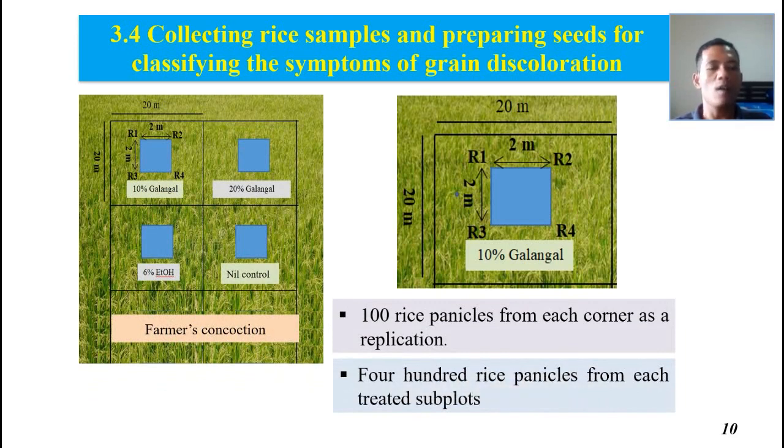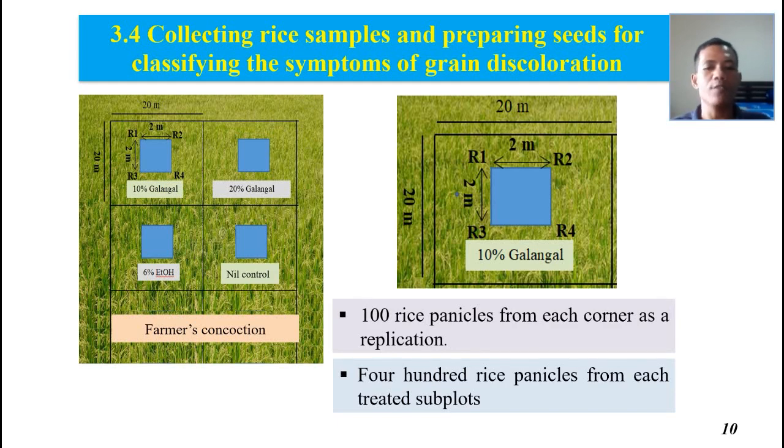This is how I collected the rice samples. I centralized within each subplot an area of 2 square meters. So we have four corners, and one corner represents one replication.